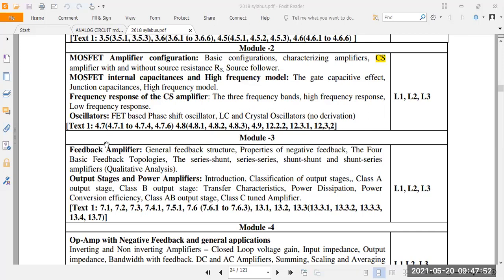Understood? So today we'll start with the inductance and capacitance oscillator, or you can call it a tuned oscillator. There are two names here. In the tuned oscillator, there are two types: one is the Hartley oscillator, the second one is the Colpitts oscillator. Write that down, Hartley and Colpitts. After that, there is one more last oscillator in module 2, that is the Bristol oscillator. Today we'll discuss Hartley and Colpitts, including problems.